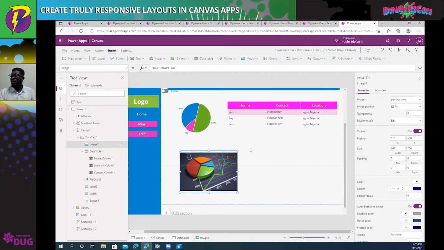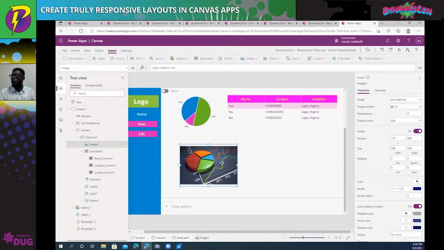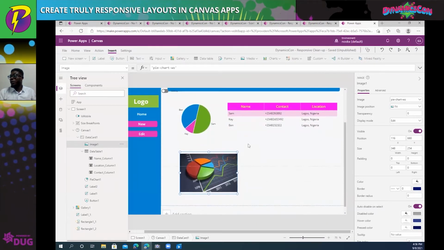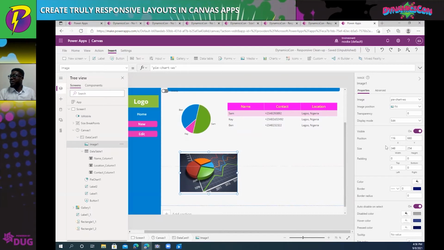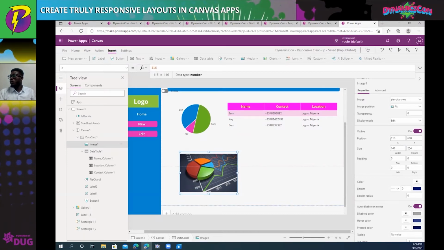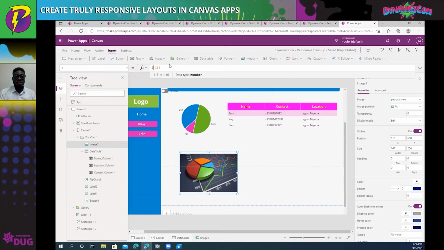So first of all, let's say we want this to be centralized. Okay, we want it to be on the left on a desktop screen, okay? And we want it to be centralized on the mobile screen, okay? So what we can just quickly do is we can come to the X property. Now we have it 116. Let's say 116 is good enough for our desktop device. So we can just come here and say if